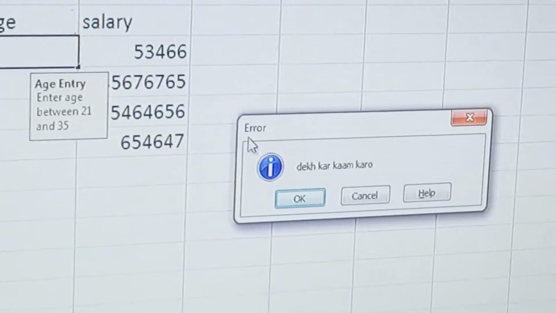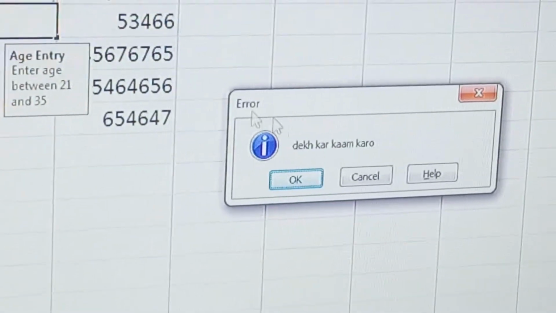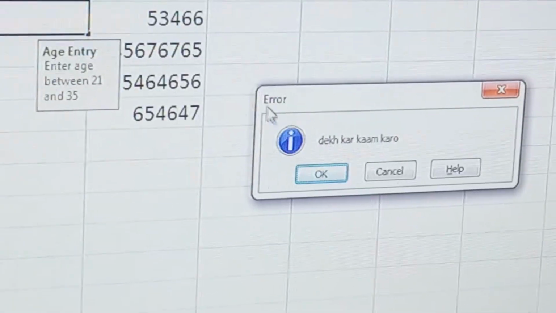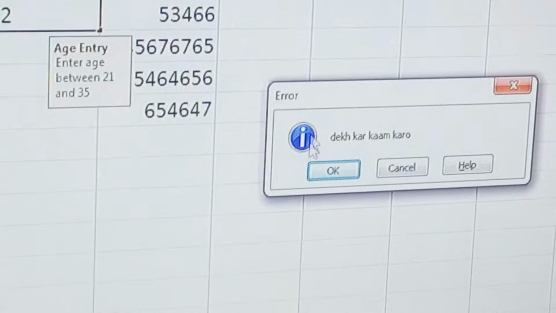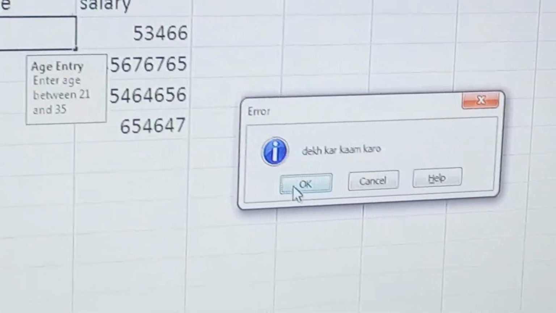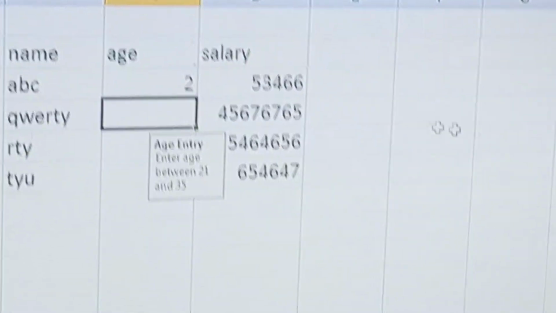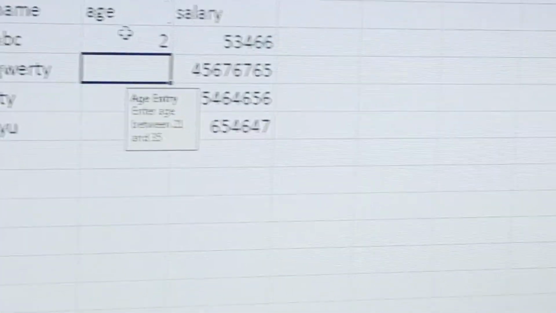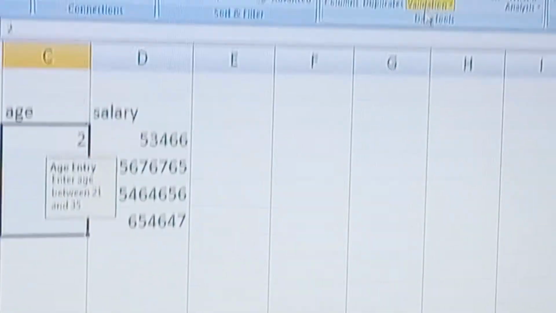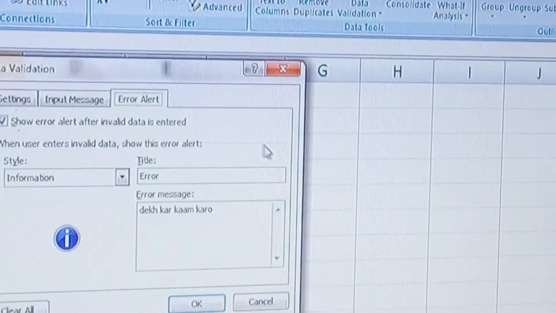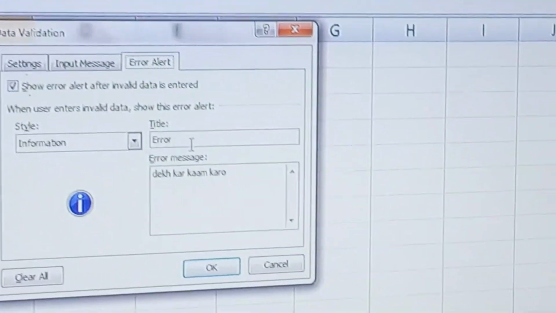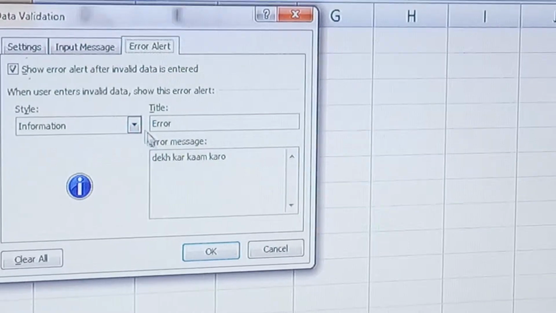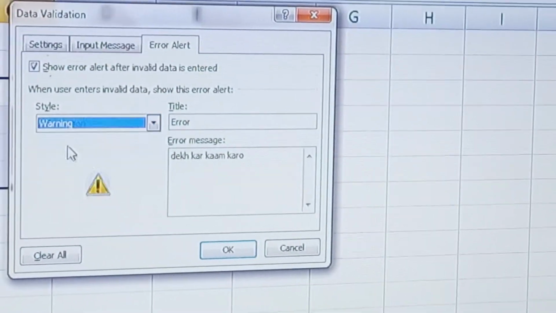It only shows the error message, and the title is error. If you press OK, then it will accept the value, otherwise it cancels the value. Now this is the error title and error message, and this is information.